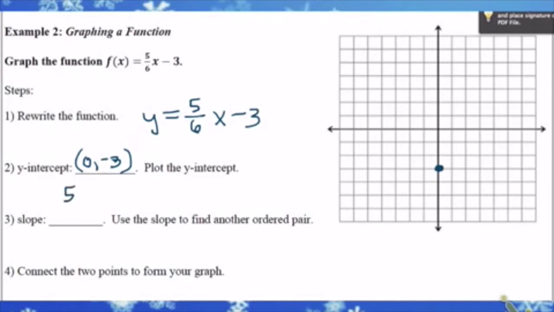Then we follow the slope. The slope is 5/6. That's going to indicate that I go up 5 and over 6. 1, 2, 3, 4, 5. 1, 2, 3, 4, 5, 6. And I plot my point. And then I just connect the 2 points, creating a line that represents all the solutions to that graph, or